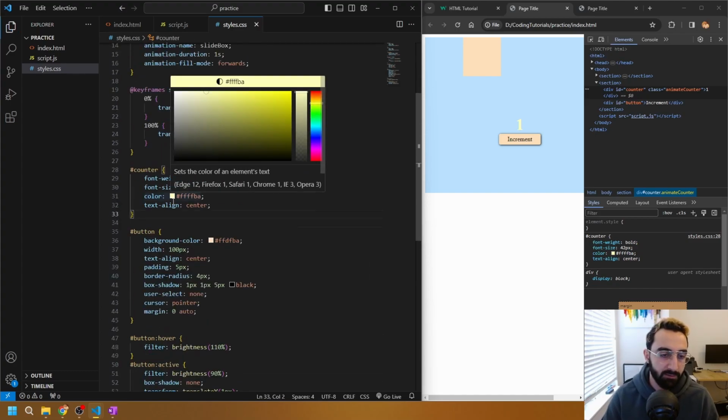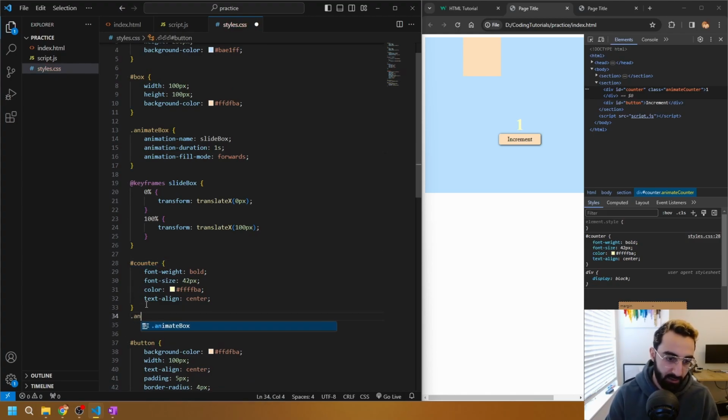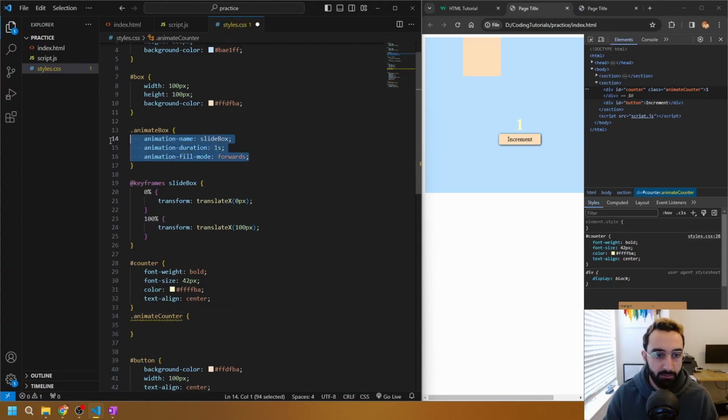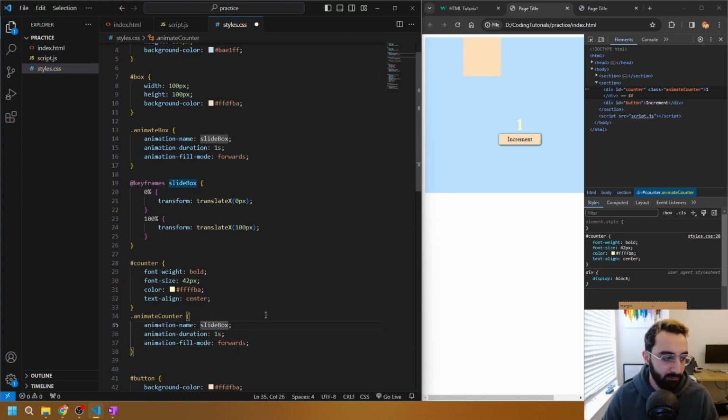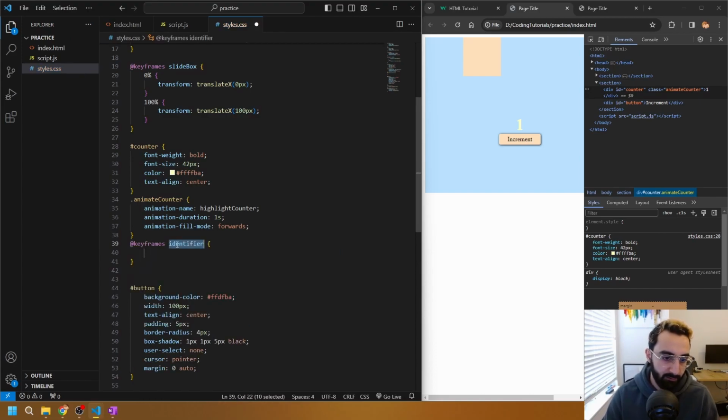Here, let's do it next to the counter. We can reuse our code here. So we want to say .animate-counter here, and we're going to call the animation highlight-counter. We're going to do @keyframes, and the identifier is going to be highlight-counter, and we're going